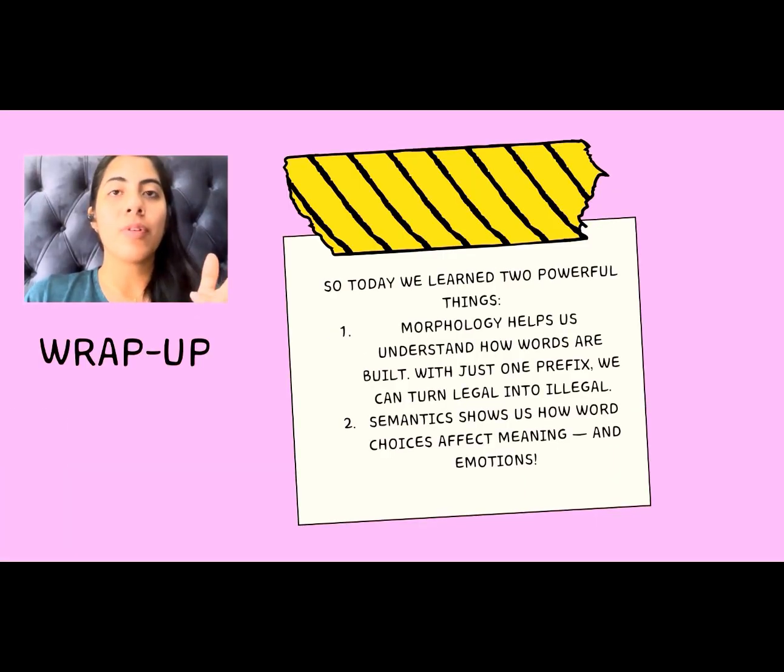Now we're moving with the wrap up. So, today we learned two powerful things: morphology, which helps us understand how words are built. With just one prefix, we can turn legal into illegal. And semantics show us how word choices affect meaning and also emotions. So, next time you speak or write, think about both how the word is built and also how it sounds